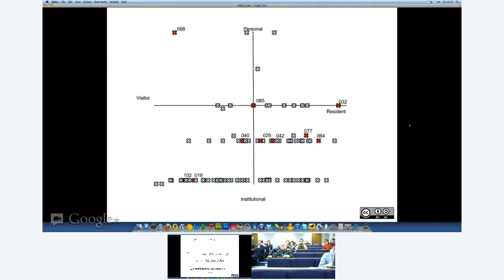And we didn't know what we were going to find when we did this. The interesting thing here is there is quite a spread of opinion along the horizontal visitor-resident axis. Perhaps not surprisingly, because we're assessing contributions to Google+, the majority of students see this as an institutional tool. There's only a few of them that say they see it as more or less exclusively a personal tool, because we're driving this process with